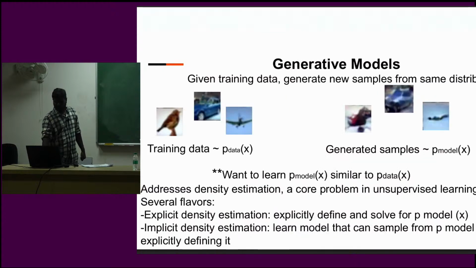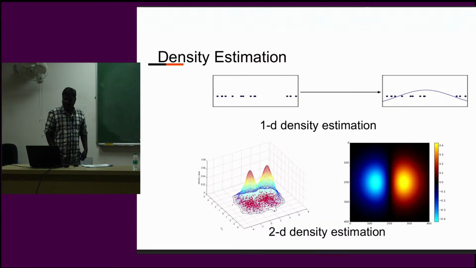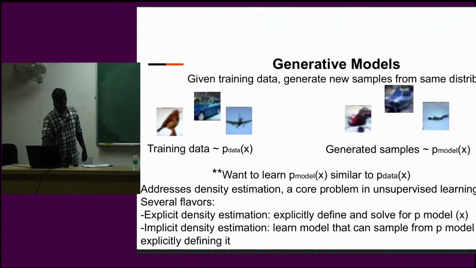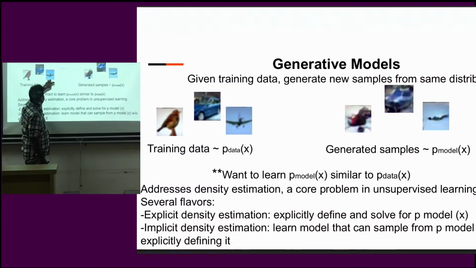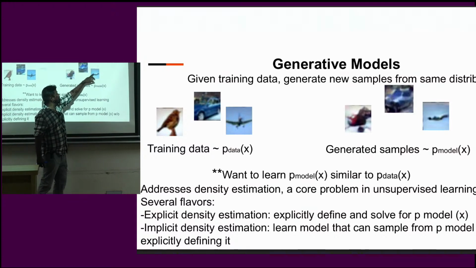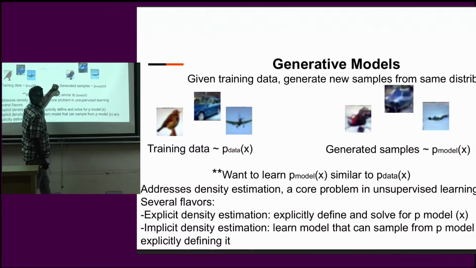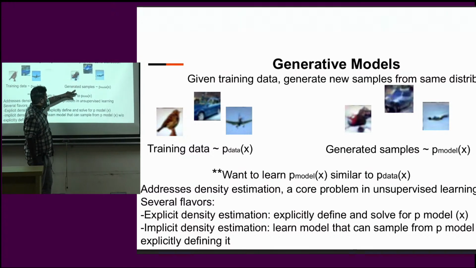So next one is, these are the traditional methods, parametric methods and non-parametric methods, as I already told you. But there is a way to estimate the densities using the generative models. I already told you what a generative model is. A generative model generates new images. You see here, these are the new images. These new images follow the same distribution as the